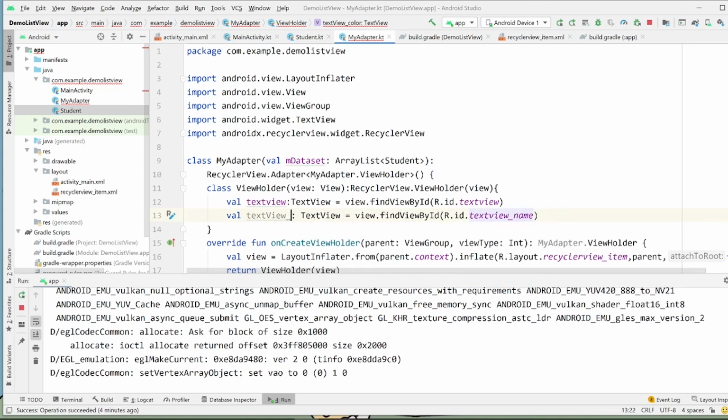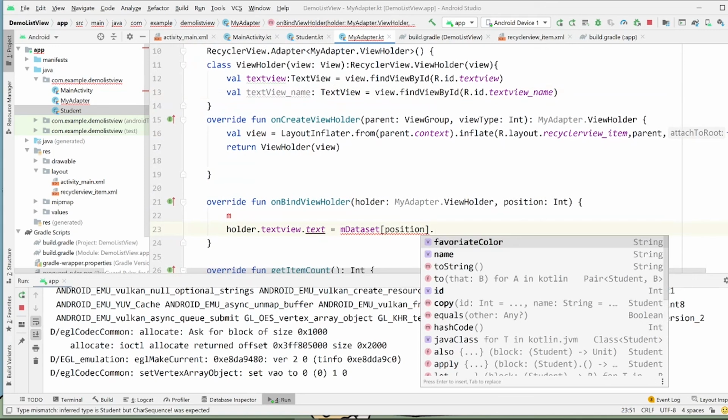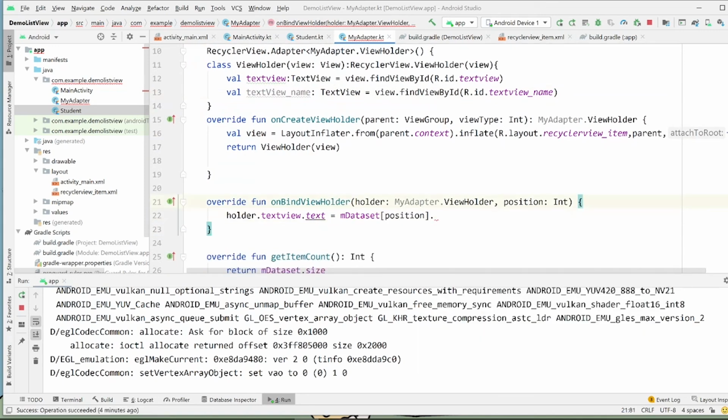Actually, name. Sorry about that. So text view, I'm gonna have text equal to the ID of students.